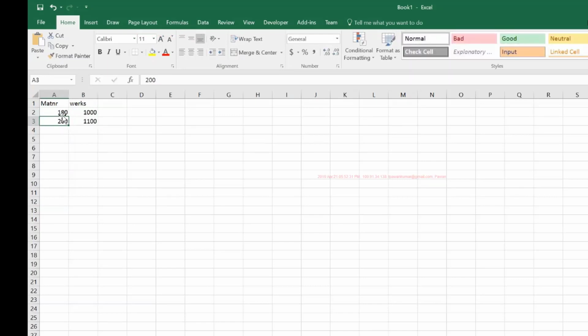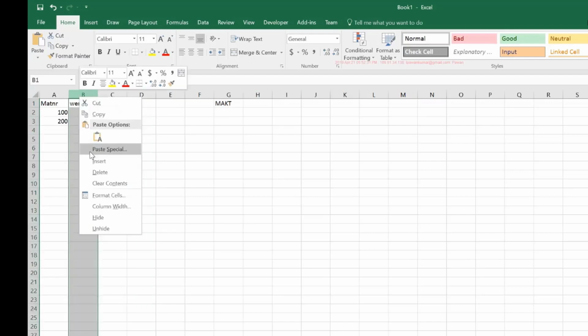Now, just by looking at the number, we cannot understand what material it is. So we want to print the description of that material. Now this material and plant number I'm getting from the MARC table, but the material description is not available in that table, MARC. We have to query the MAKT table for that. So I'll also get data from MAKT. And when I'm processing this loop, for each material that I'm printing in the output, I have to read this MAKT table to get its description and print it as the second column.